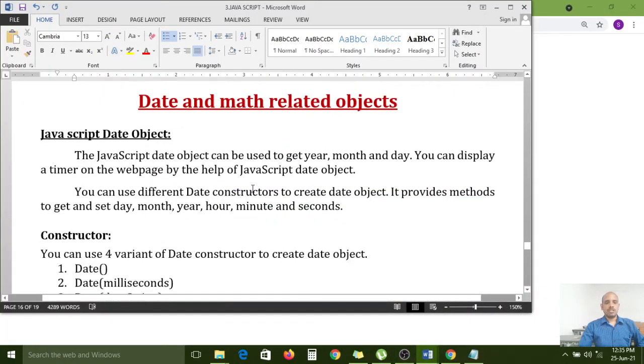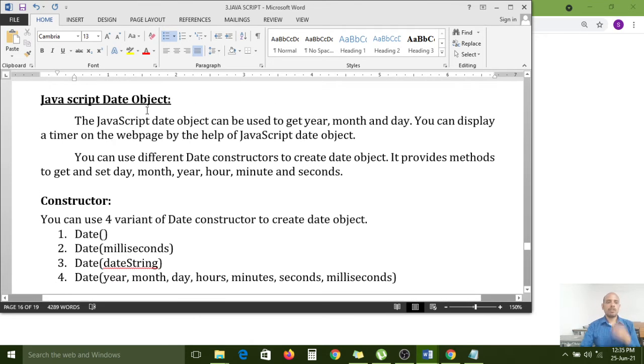Now we have to learn about the date and math related objects. So the JavaScript date object we have to see right now. The JavaScript date object can be used to get the year, month and day in your local system.